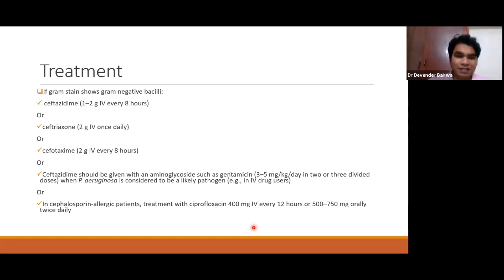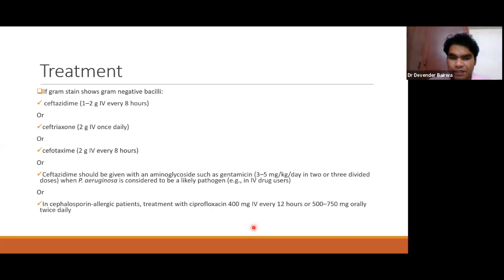Or if there is allergy to the cephalosporin group of drugs, then you can treat this patient with Ciplox. But generally, what happens when we take a patient of septic arthritis on a ward in our clinic and the results of Gram stain are not available? In such cases, generally we start the patient on empirical antibiotic therapy. So most commonly we start ceftriaxone plus vancomycin to cover both Gram-positive and Gram-negative. Once the results of culture or Gram stain are available,